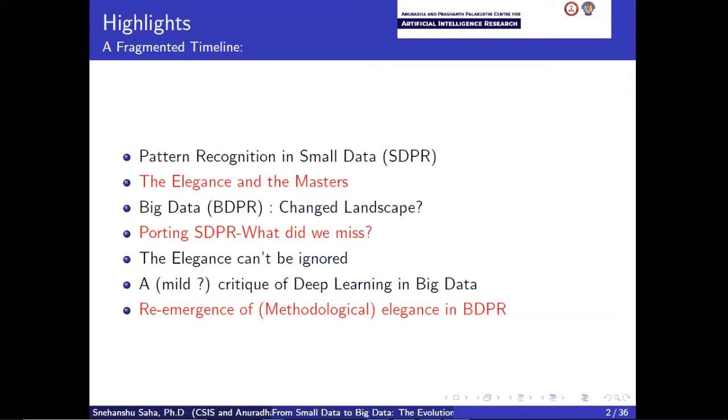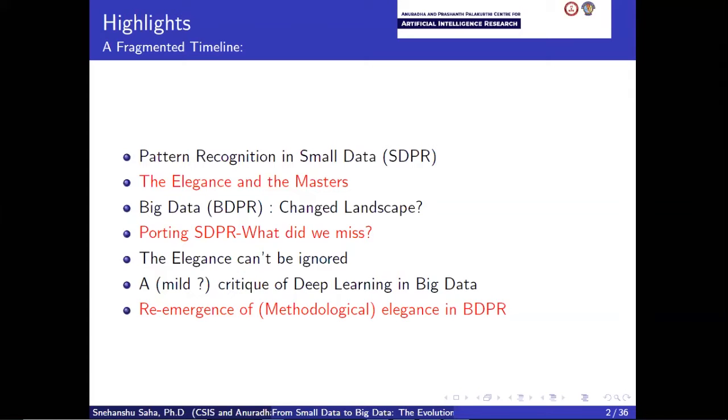Okay? And somewhere during the talk, there would also be a mild critic. I mean, I think it's a mild critic. Some people might find it's a very strong critic of deep learning in the big data era, right? And the silver lining, however, I will present at the end, is that the beauty has started to re-emerge, because people have been too preoccupied with the architecture and the data pipelines and the ways to collect and cluster and clean the data, right? And also a lot of people started believing in the whatever-works paradigm, right?